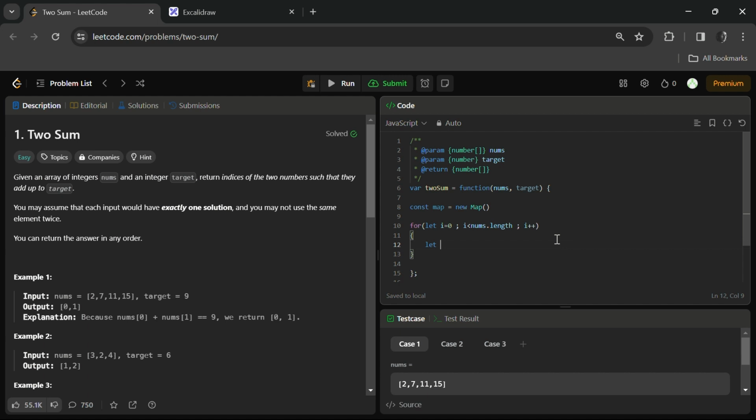So let complement equal target minus nums of i, where nums of i is the current number we are at. So for example, you are starting with 2 and the complement is target minus 2, which is 9 minus 2, which is 7 on the first iteration. So if map dot has complement,